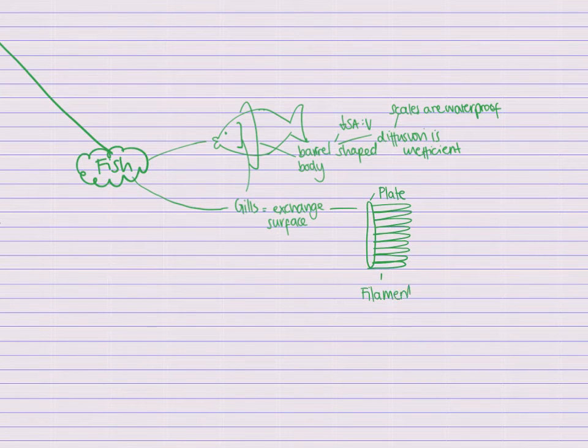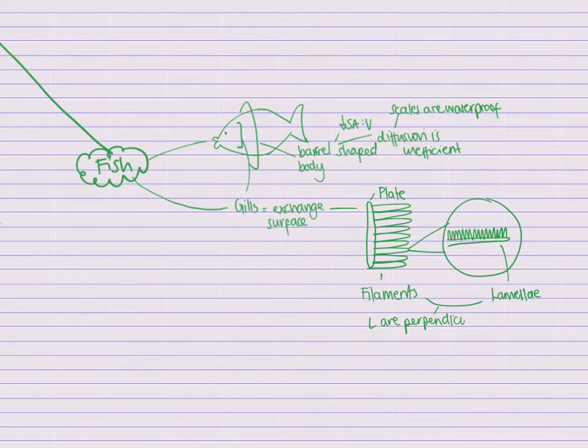And those filaments, if we do a cool zooming in kind of image, if we look at those filaments side on, like that, they've got something called lamellae on them. Okay, and the gill lamellae are perpendicular, so L are perpendicular, or at 90 degrees to the filaments. And all that's going to do is maximise our surface area